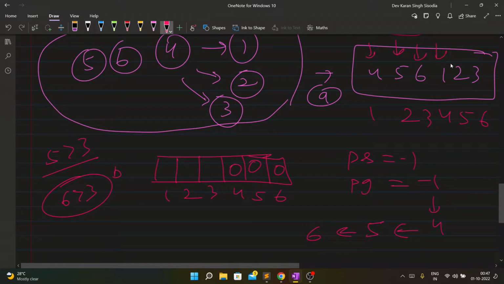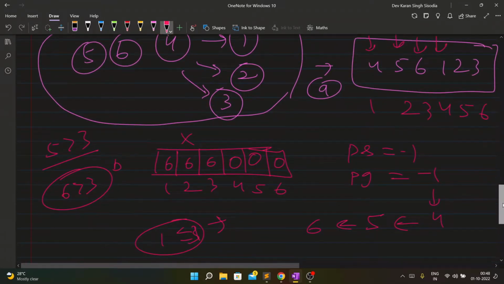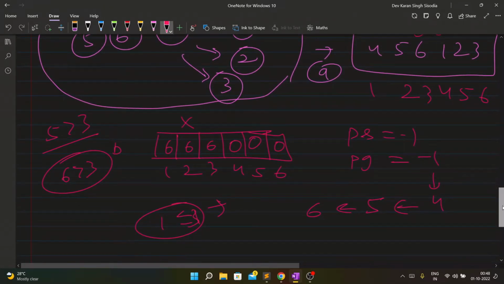Now we go over here, and here is the main turning point. We have 1, which is less than or equal to 3. So this is the smaller case. What we will do is go to index number 1 and update it with PG. And here is the problem. We will be getting 6 and 6 here as well, which is unlike our main answer. And I'm guaranteeing you that for any K you won't be able to get the correct sequence.